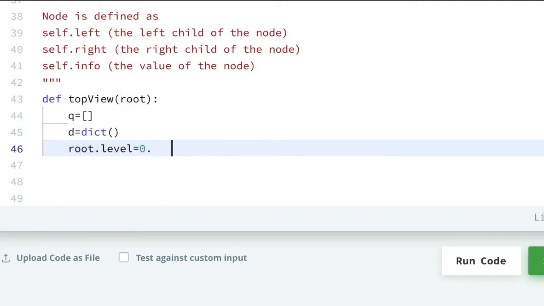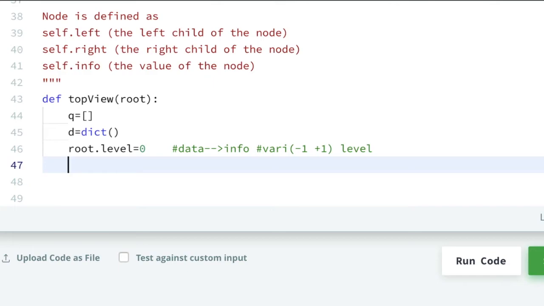So we have assigned 0 to our initial root node, and this is our level variable. Suppose in the node definition the data part is in a variable info, and we are using the variable part which is for +1 and -1: -1 for left and +1 for right, and that variable name is level. That's why we have used root dot level equal to 0.